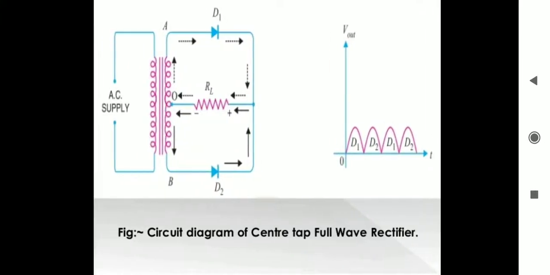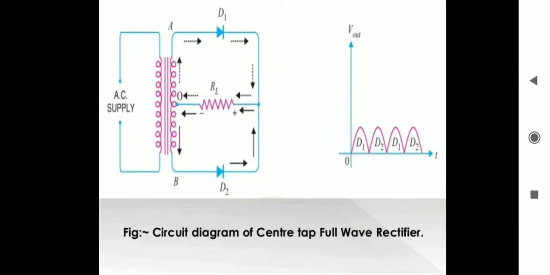Due to this, the full wave rectifier is considered much more effective as the ripple factor is much lower in comparison. Also, both cycles are used at the same time. It means that no signal is wasted. So this is about the center tap. Mostly, the center tap or bridge rectifier, full wave rectifier, these are the two types of rectifiers.